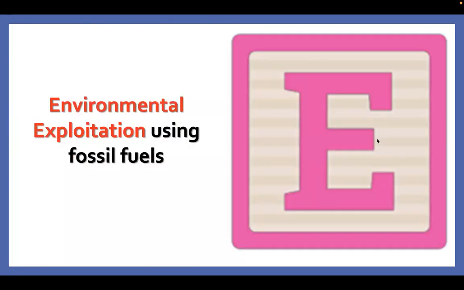E stands for environmental exploitation. And this is the first time that we've exploited the environment. Now, the environment has always been used as a source of resources for humans to use for survival and prosperity. But after 1750 and up to 1900, this is where humans really began to exploit it. And it focuses on the fossil fuel revolution, the use of coal, oil, and other fossil fuels that basically were needed for energy to be able to industrialize.